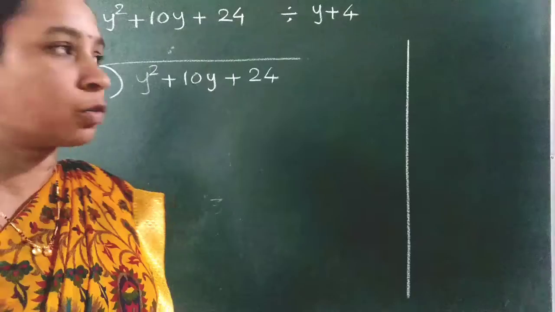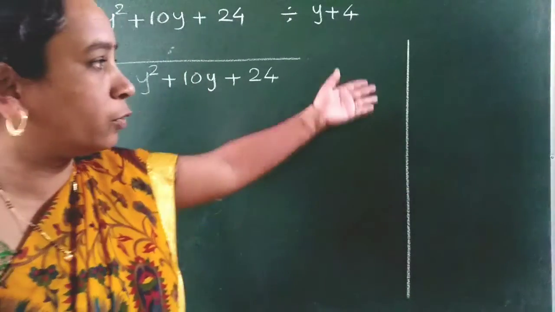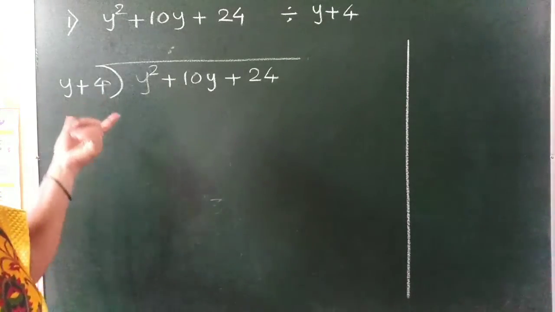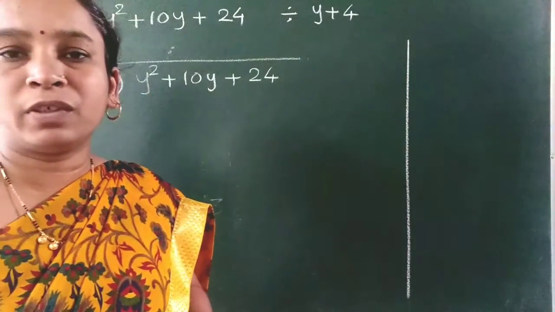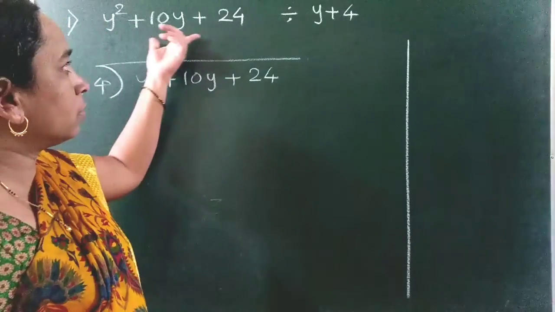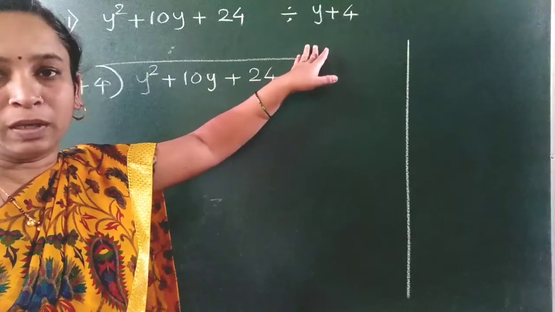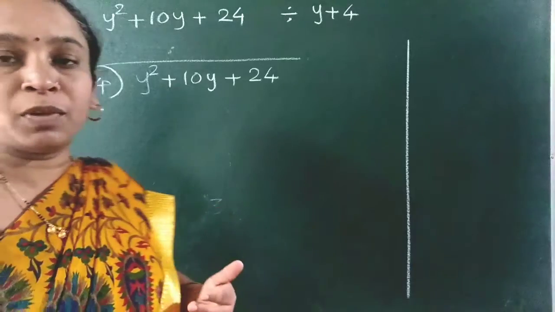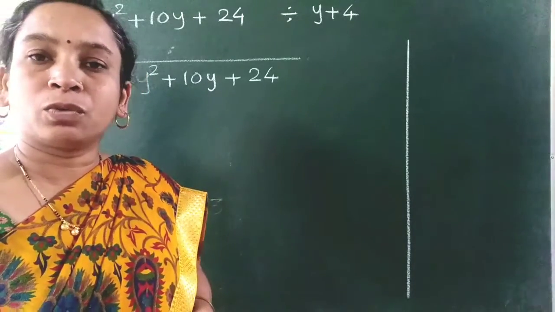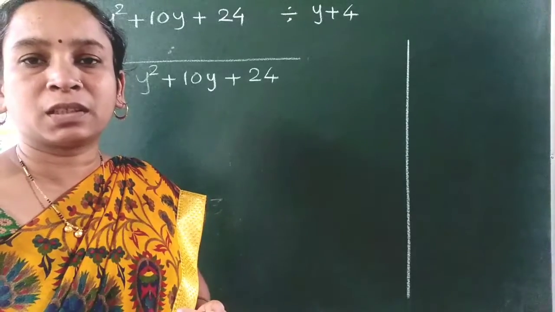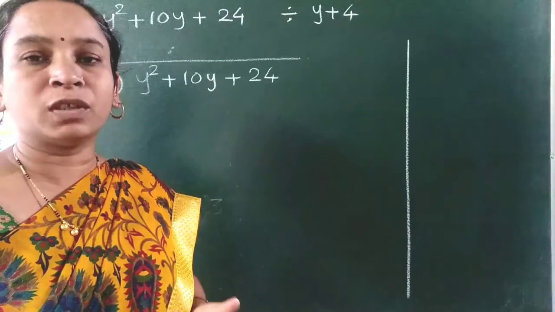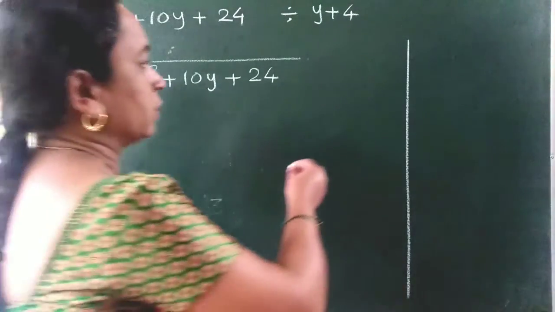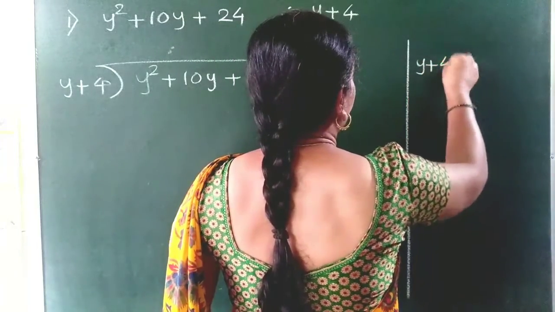To find the quotient, we'll do some rough calculation on that side. To find the quotient, we have to multiply by the divisor. Students, in my previous video I took the division of a polynomial by a monomial, and there I also explained how to find the quotient. So before watching this video, I request you to watch the first video first. That is the basic concept, and it will be clear from the first video, and then you can go to this second video.